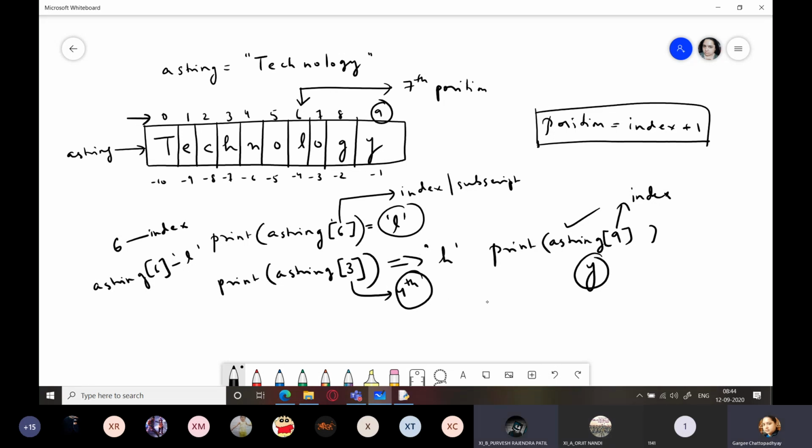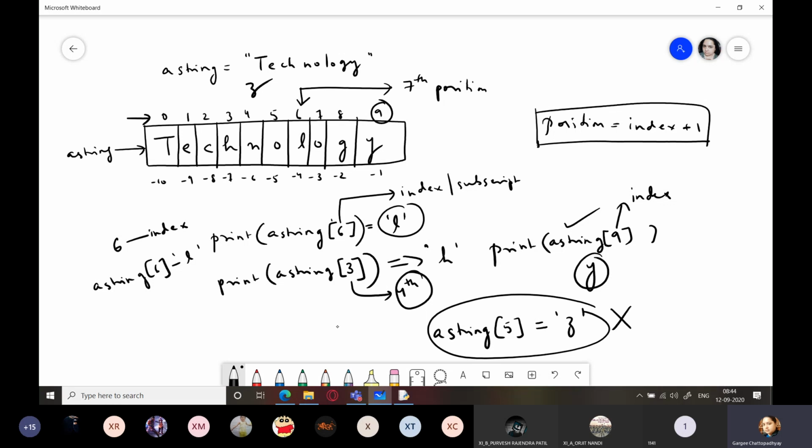Okay, ma'am. Got it? Now, I tell you to replace this O by Z. So I'll be writing a string, where is this? It's not 0, it is O. So this O is at which index location? 5. And I'll be writing Z over here. Python will not allow this assignment.